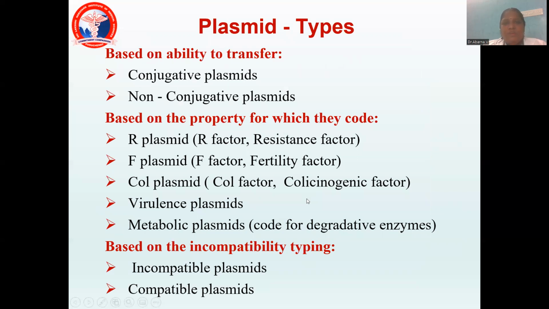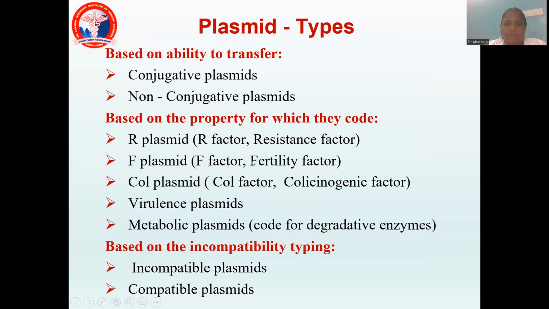So here come the different types of plasmids. Plasmids are differentiated into many varieties based on their properties. Based on the ability to transfer, it can be a conjugative plasmid or a non-conjugative plasmid. Based on the property for which they code, they can be R plasmids, which